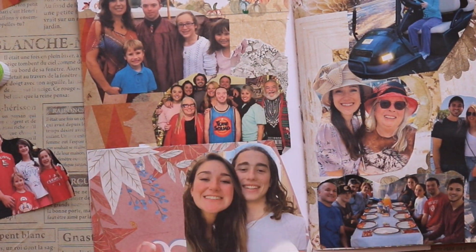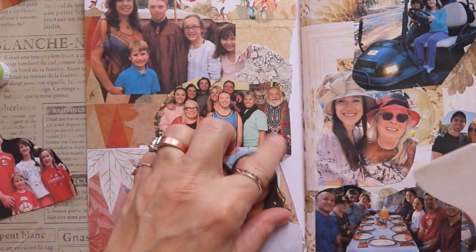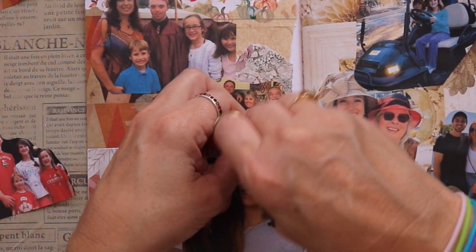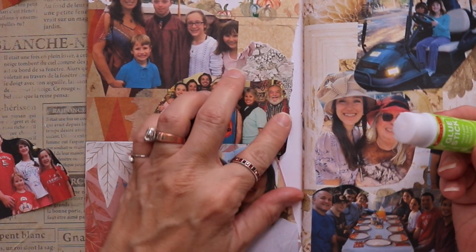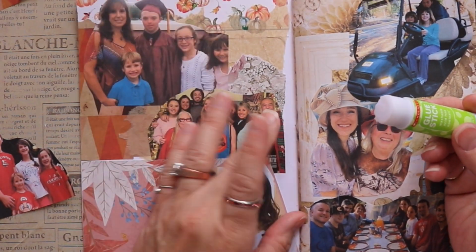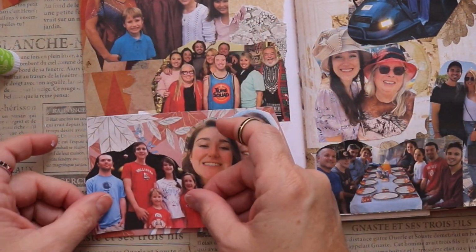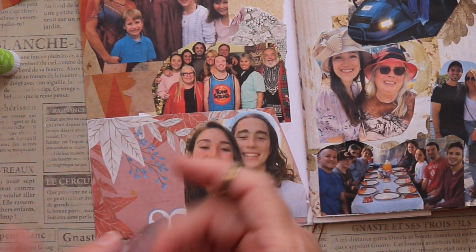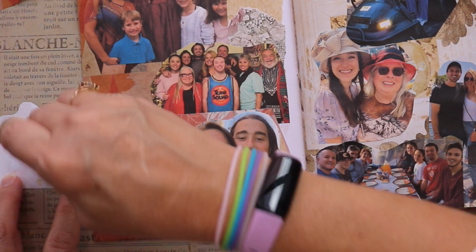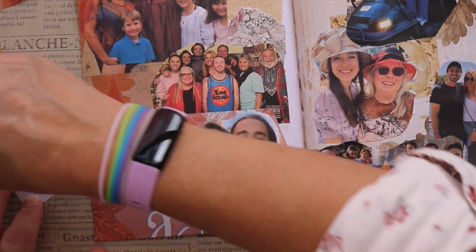And guys, when you're doing collage, if you're new to collage, you can do all kinds of things with collage. You can make them super fancy and abstract. You can just, sort of in a therapeutic way, just put images down on paper, and it doesn't have to be fancy. That's the great thing about collage, is that you really can create them in any style that you want,